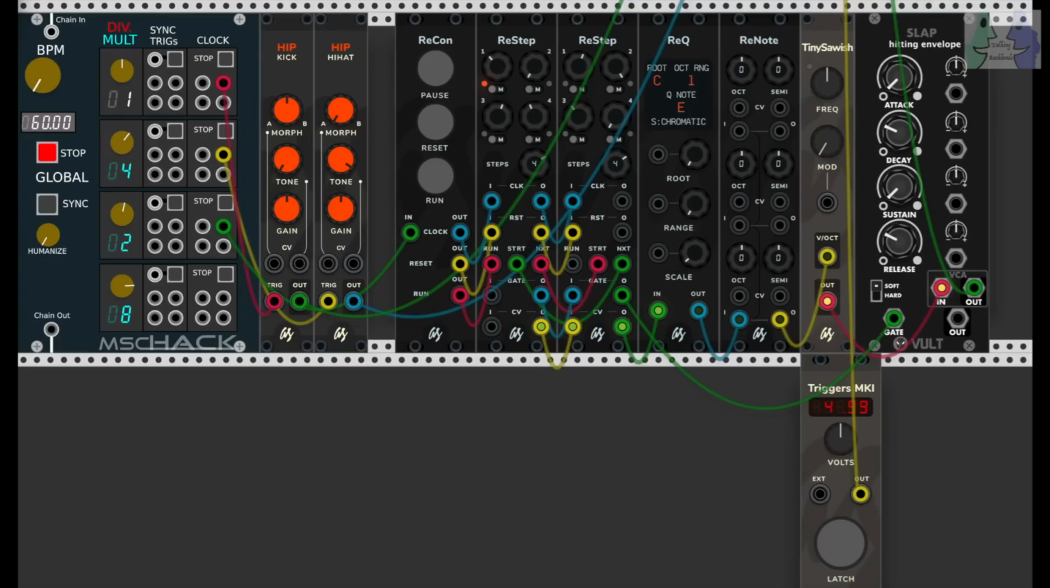So, what else are clocks used for? Well, in this patch, I've set up a basic sequence using AS's new Restep sequencer along with its companion apps. And I'm using a tiny sawish from AS as the oscillator and the slap hitting envelope from Volt as the VCA and envelope combined. And I'm using the clock output here from the master clock 2 times every second to